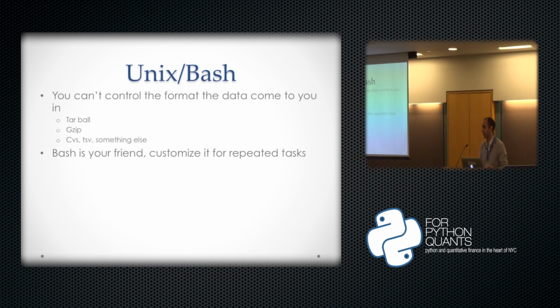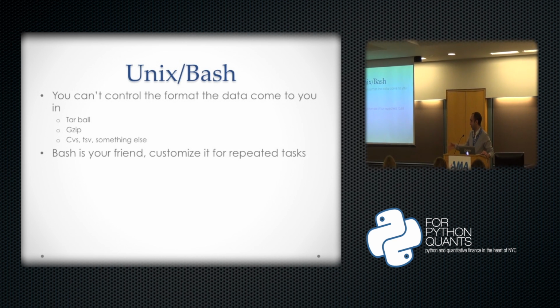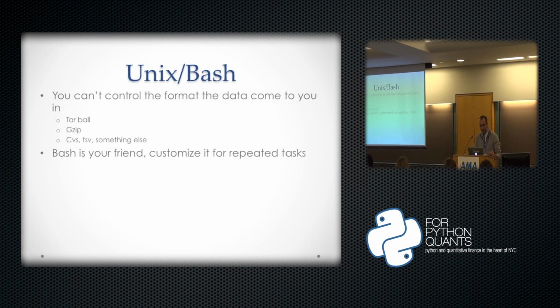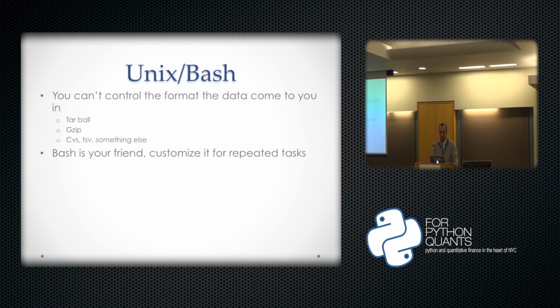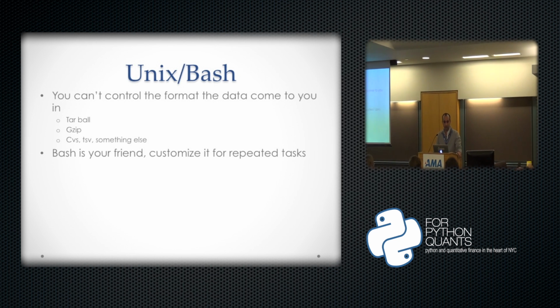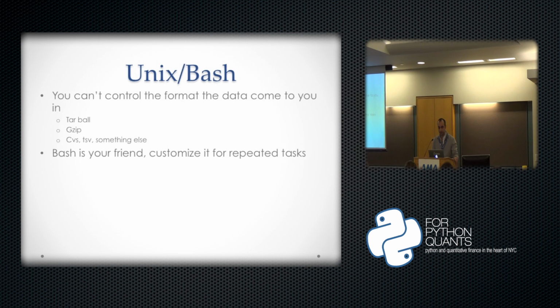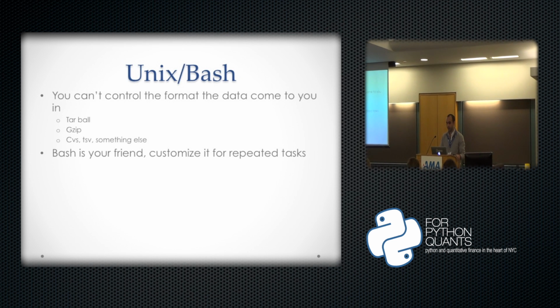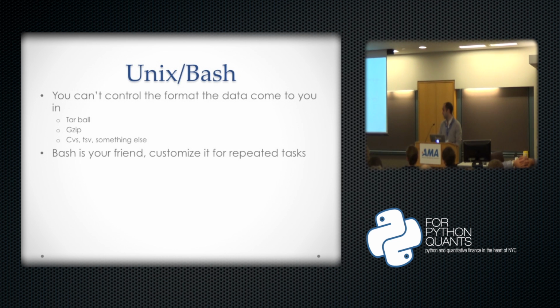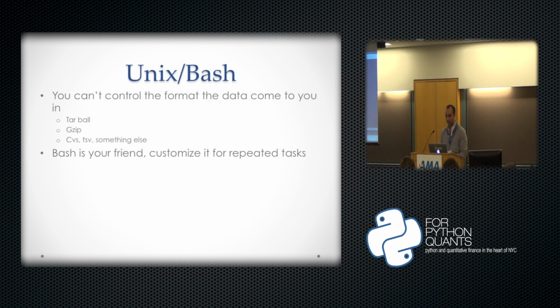Unix and Bash. There's probably some stuff you can do with Windows, but I'm not a huge Windows fan. But understand the basic commands in Unix and Bash, right? How to look through files, you can't always control the format it's in. Write little helper functions. So I do a lot of data analysis to find fraud, and one of the most helpful yet not helpful things is